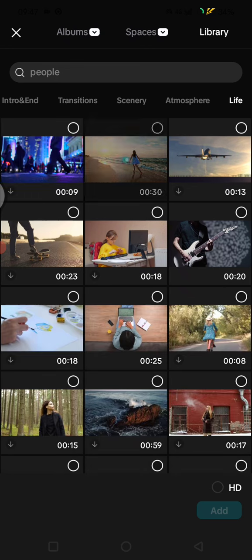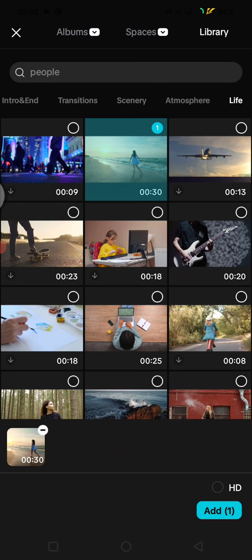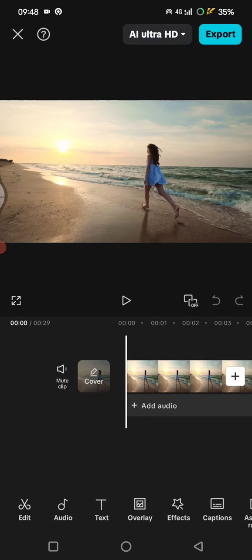Okay, choose the video. And after that you can just tap on add at the bottom and CapCut will automatically import your media to the timeline. So to start, you can do basic trimming and cutting. What you need to do for that, just tap on a video clip in the timeline